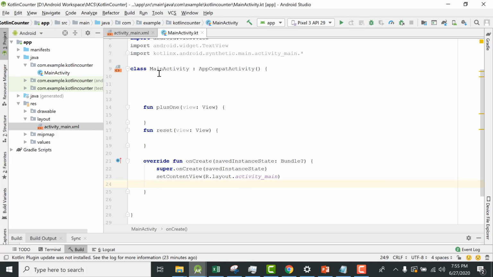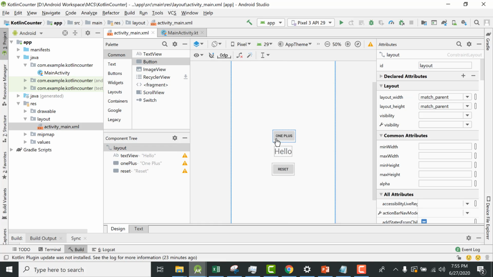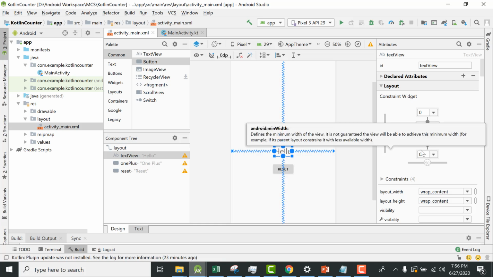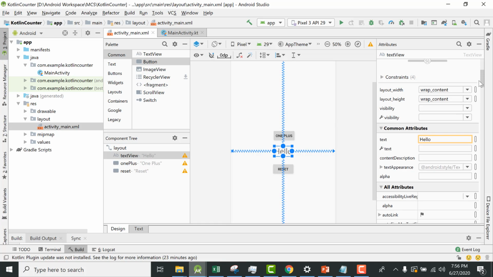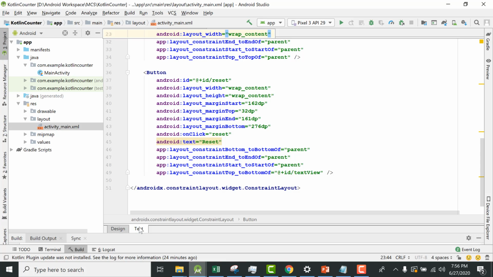So here we design our app. We were having one plus button and a reset button, and then a text view having a text of hello, or you can have any type of text. Let me select it and let me make it. Initially let me set it to 0. Okay, so now that we are done with the visual appearance of our app,